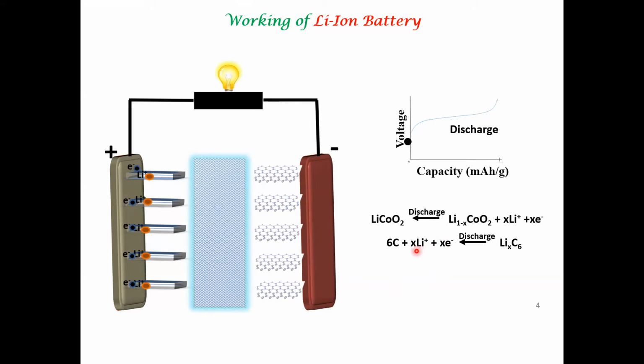gets converted to just pure carbon anode, and this lithium is let off from here. This lithium, which is represented here, will bind to this compound, forming lithium cobalt oxide. Okay, this is the lithium cobalt oxide. This is one type of important battery chemistry. So this reaction is exothermic, that is, the delta G is negative, because of which you get the voltage from a lithium-ion battery. Okay. All right.